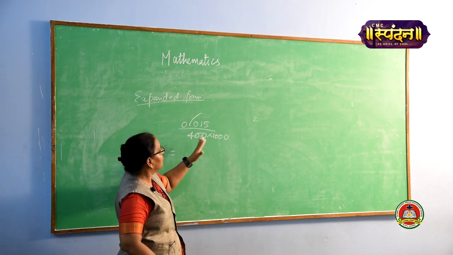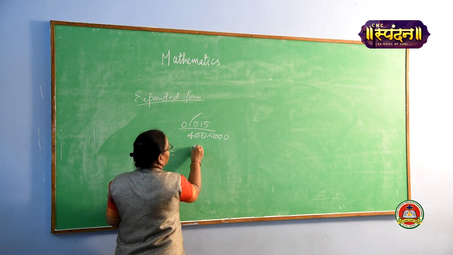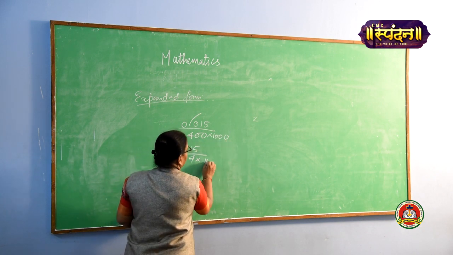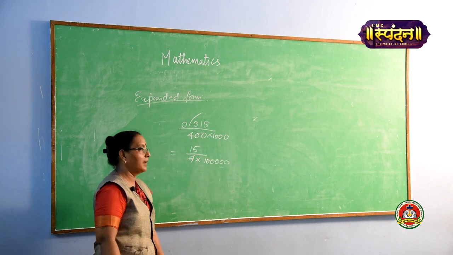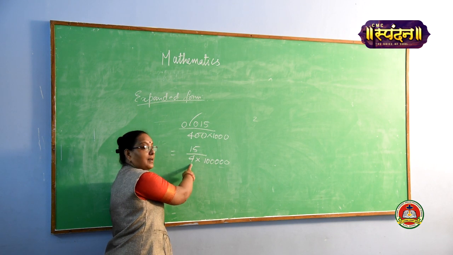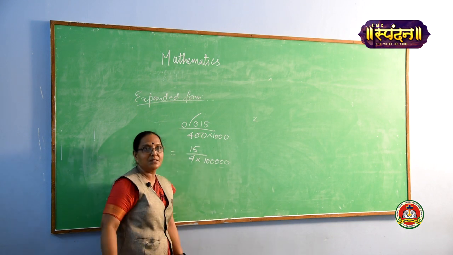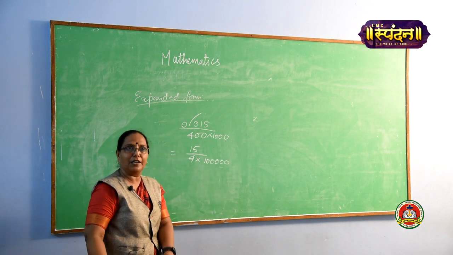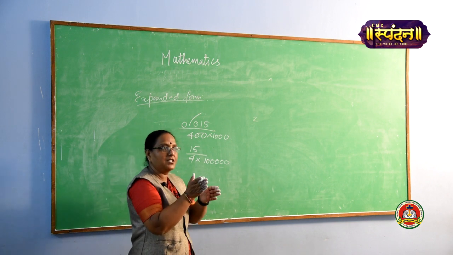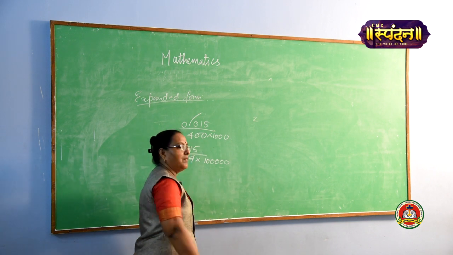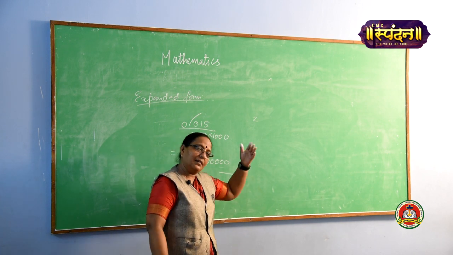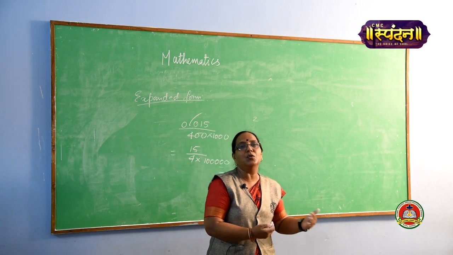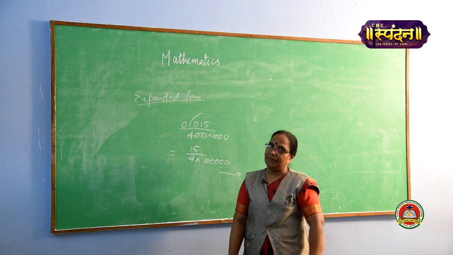After that you know that 15 upon 4 I will write, and 1, 2, 3, 4, 5. This particular number I will write separately. Then you divide this number and again you have to divide by this, because we simply change the place of the decimal. While you are going to multiply, please move the decimal toward the right side, and when you divide, move it toward the left side.